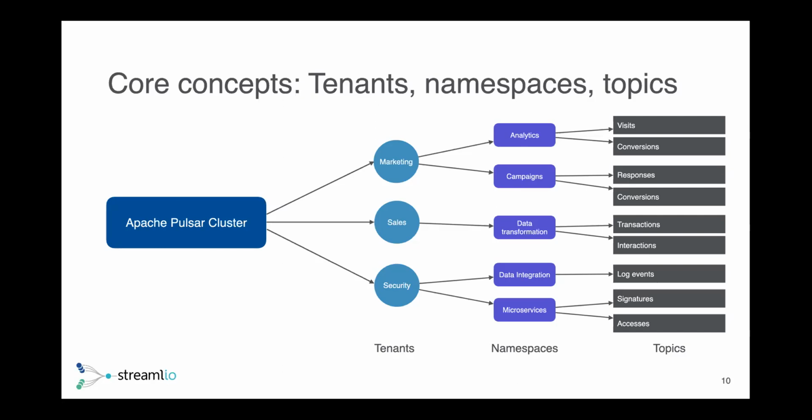But in between the tenants and topics is a logical construct called namespaces. What those allow you to do is group topics together, for administrative purposes, so you can set certain policies on them. For example, data retention. How long do I want to keep the data in this particular topic or these topics? Sometimes I want to keep it for 10 minutes or 24 hours. Others you may want to retain forever. Additionally, you can set things like security policies, like who can come in and access these things. So it's a nice logical construct that allows you to further filter data access and retention and replication and things of that nature. All can be controlled with the concept of namespaces.